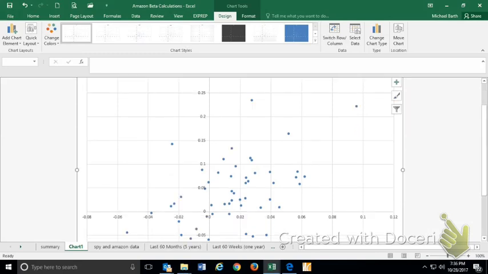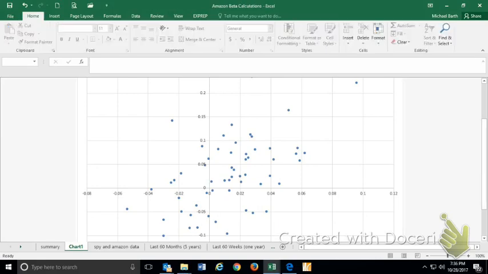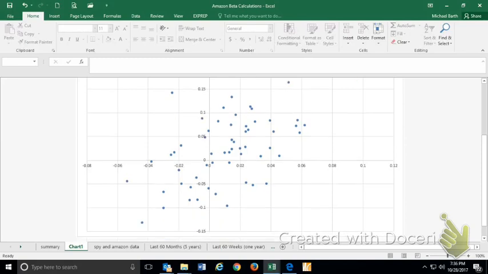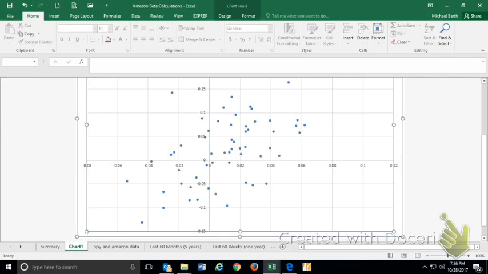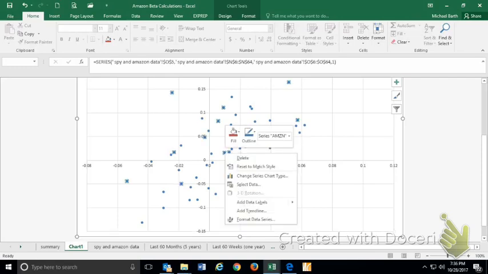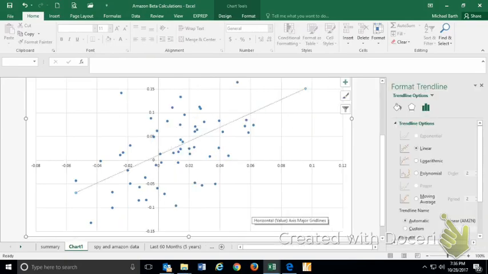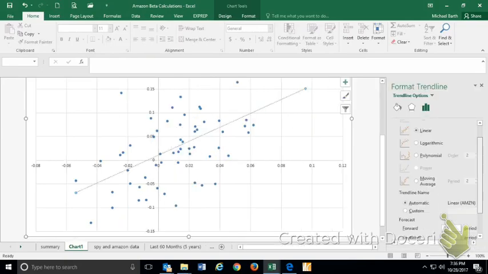You can see in general that the horizontal axis here is the stock market. As the stock market goes up, Amazon tends to go up. As the stock market goes down, that's the horizontal, Amazon tends to go down. And the same stuff that affects the stock market affects Amazon. If I took this data and drew a linear trend line through it,